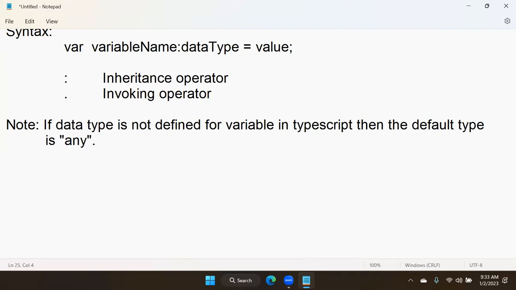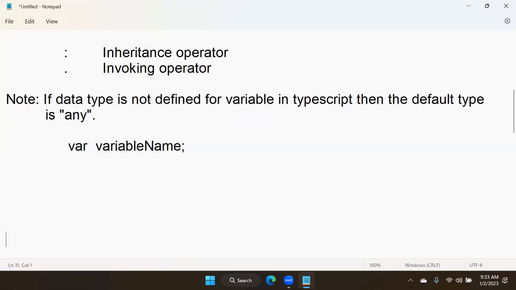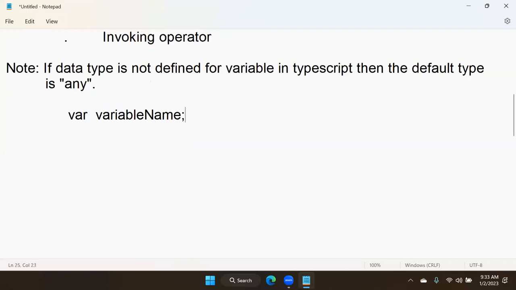Actually, the syntax will be like this: var some variable name, and you don't mention the data type. If you don't mention the data type, then the variable name will be applied with any type. By default, if the data type is not mentioned, then it is any type. One more special point is